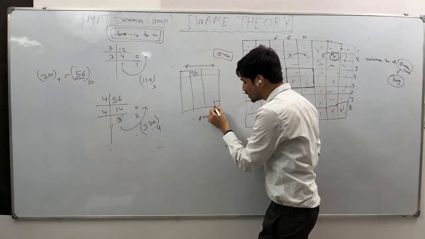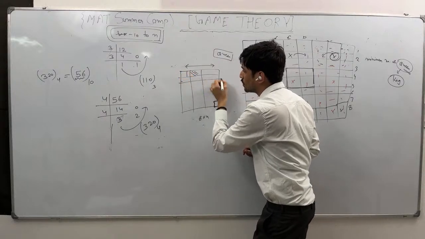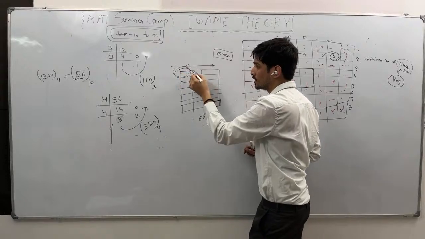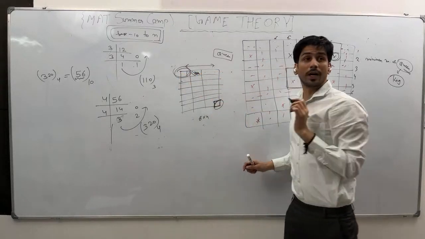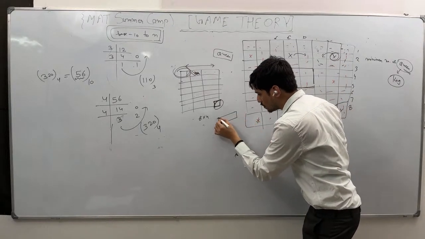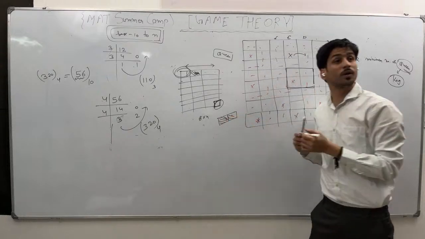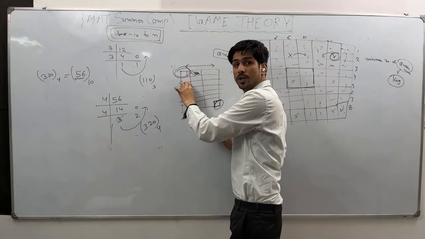If I remove this, let's say some 8 cross 4 square is there, right? So if this is white color, this is black, this white, black, and this is also white. So what if I have a domino like this, which can occupy two consecutive squares, one black and one white? So if I put this here, it will occupy. If I put it here, it will.